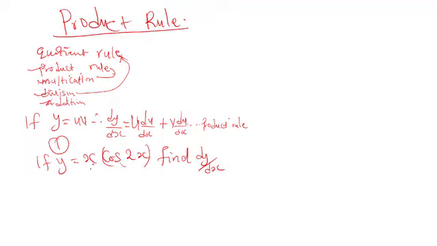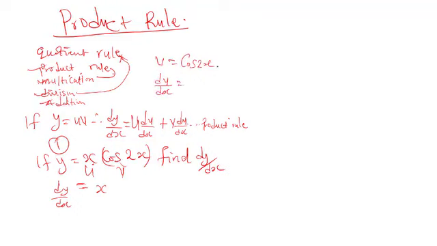Let's call this u and call this v. So we apply the same rule here. dy/dx will be equal to, now the first thing is write down u, then look for dv/dx. That is to say, you're differentiating v. If v is equal to cos 2x, now dv/dx,